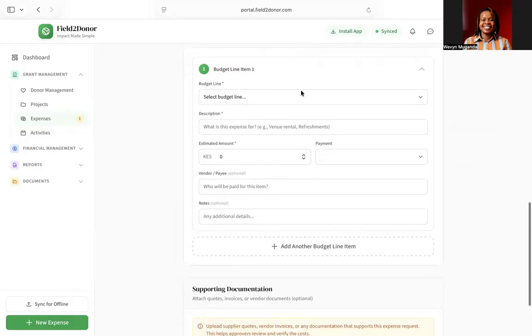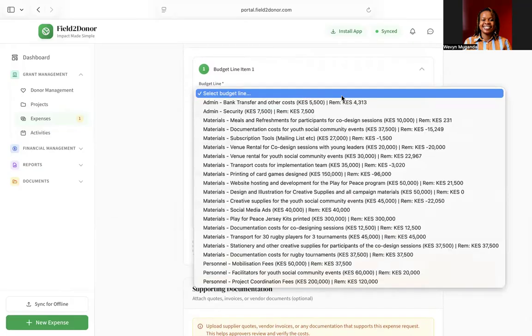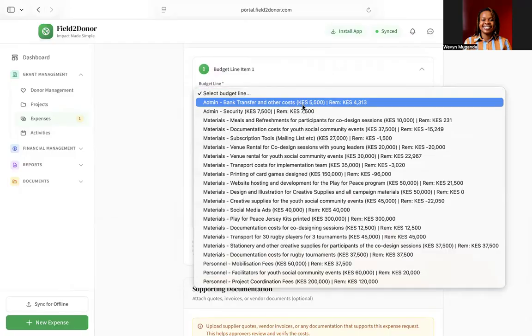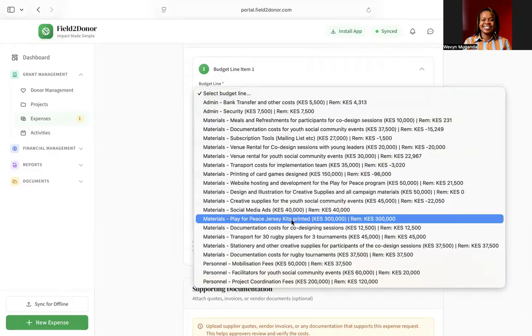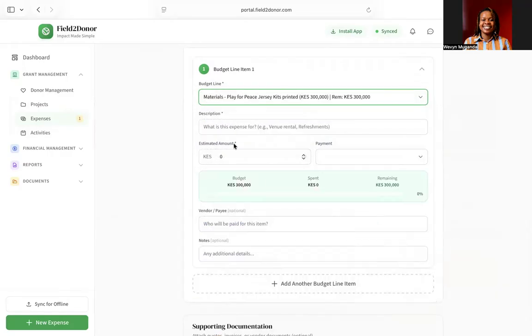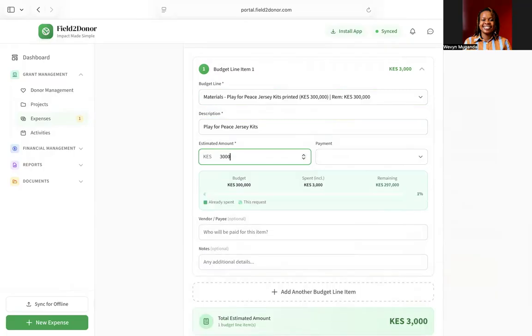And now I will be asked to select to which budget line this expense is. So when I scroll through, as you can see, I'll find the Play for Peace jersey kits here. The approved budget was 300,000 and the remaining is 300,000, which means I have not spent from this budget line. Play for Peace jersey kits. The amount is 300,000